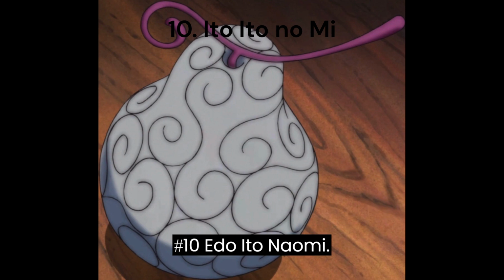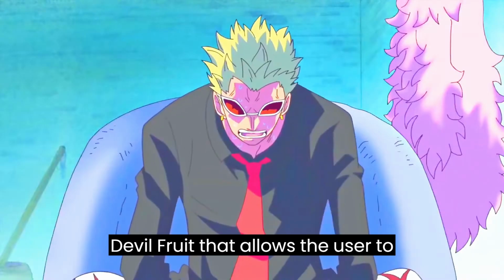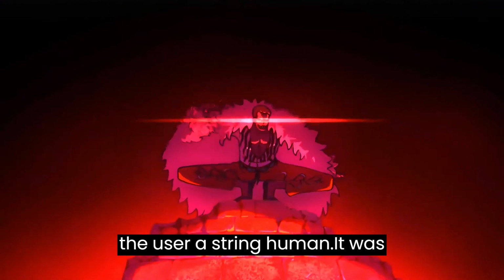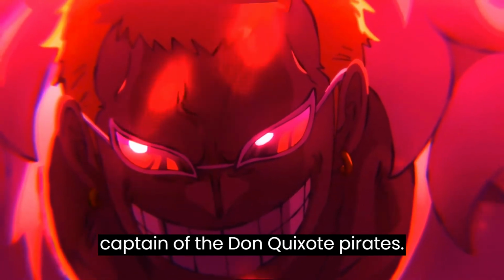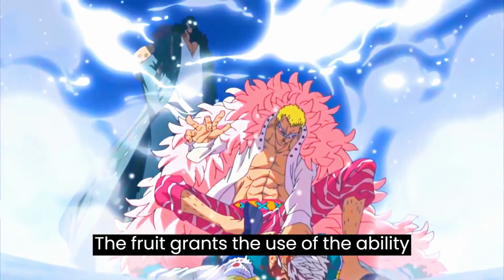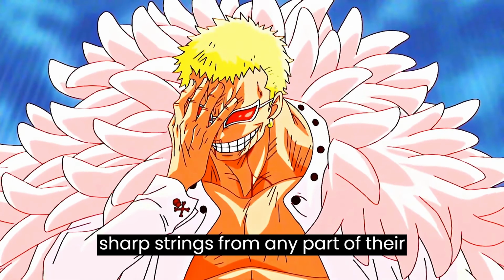Number 10. Ito Ito no Mi. The Ito Ito no Mi is a paramecia-type devil fruit that allows the user to create and manipulate strings, making the user a string human. It was eaten by Don Quixote Doflamingo, the former warlord of the sea and the captain of the Donquixote pirates. The fruit grants the user the ability to generate and control white, razor-sharp strings from any part of